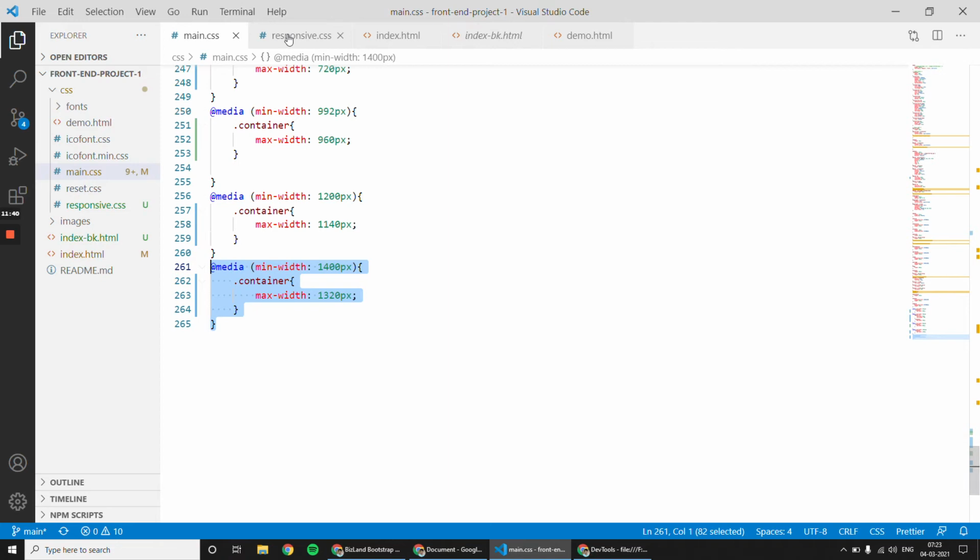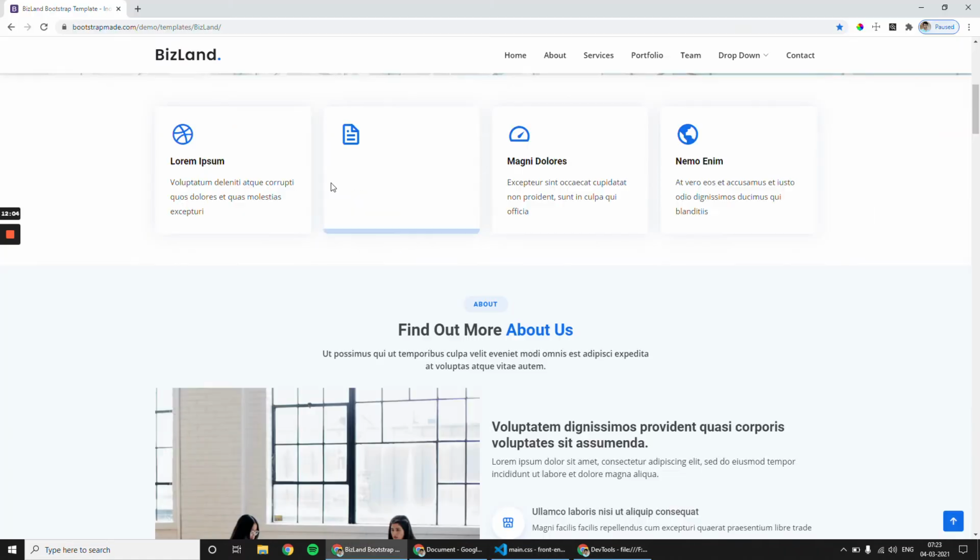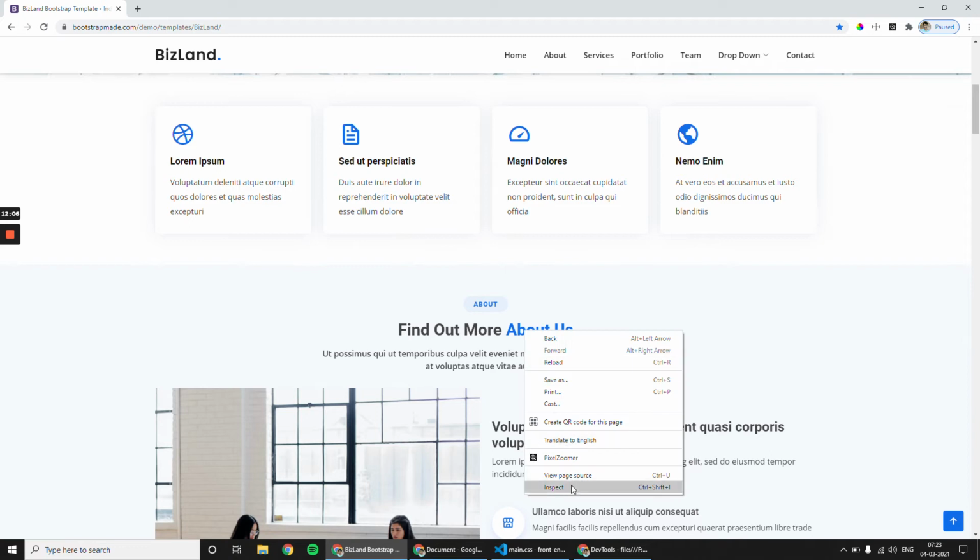So I will copy this breakpoint, put it here. Instead of min width, I will write max, and I will reduce 1 pixel from this. And let me copy our selector.